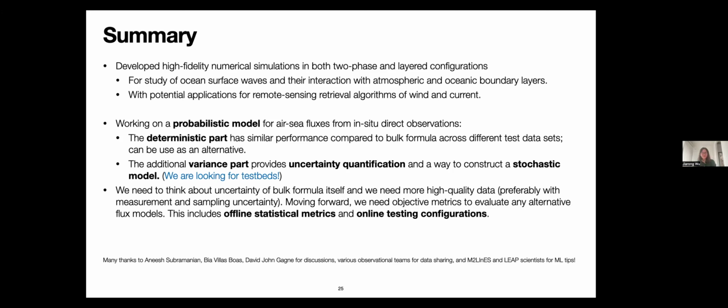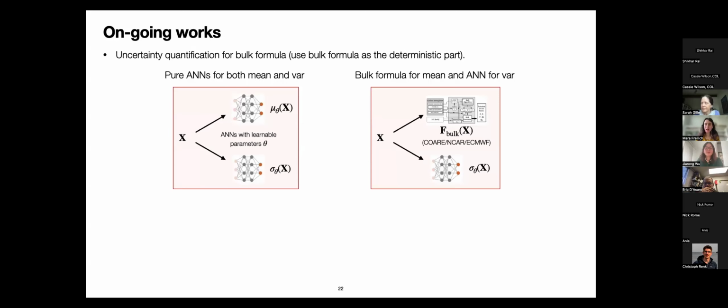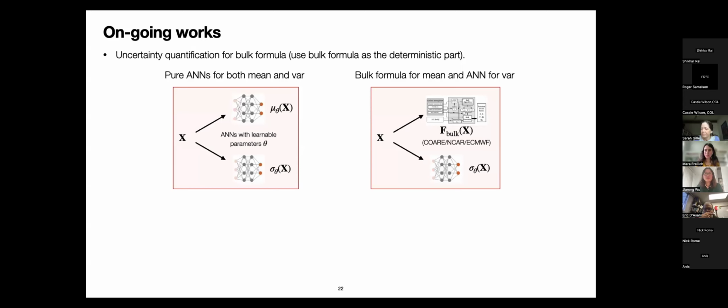And I guess I'll start out because I was really curious to hear more about what you've been saying about the uncertainty of the bulk formula. How do you see that being implemented? You talked a little bit about evaluating alternative formulas, or are you suggesting that in any implementation of the bulk formula, there should be an uncertainty associated with it?